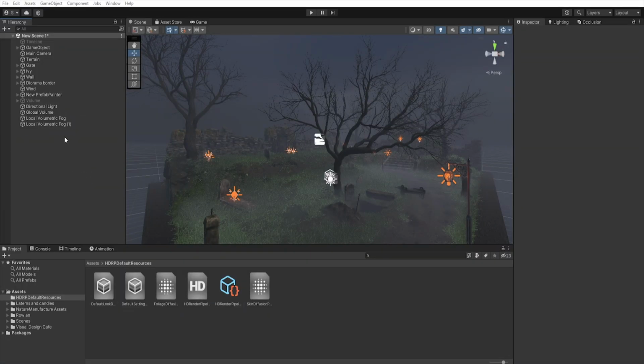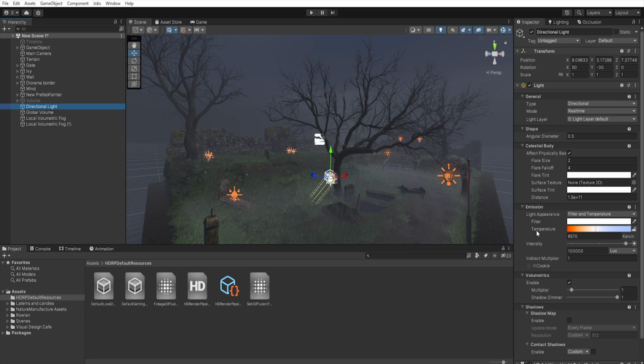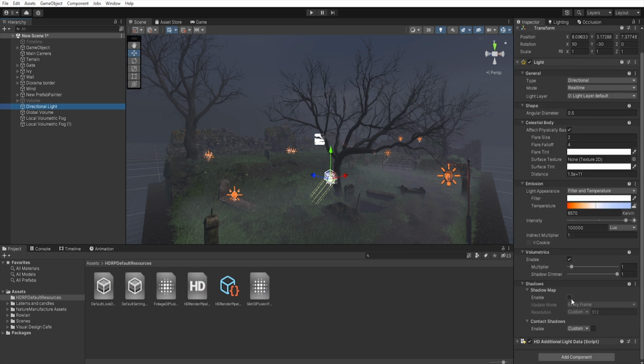Now let's set up our directional light. First, let's enable shadow map. So we got shadows, and then move our rotation to get something like this. Volumetric multiplier should be max, and then temperature to create some blue tint like this,